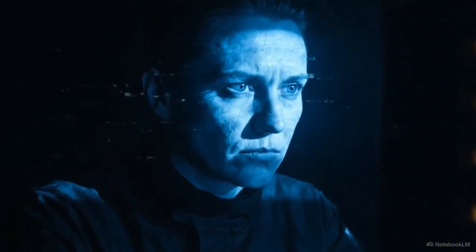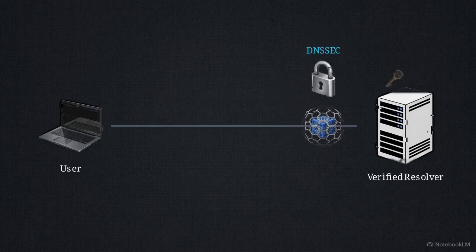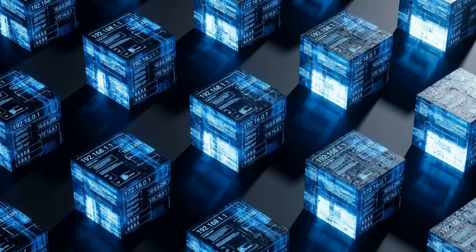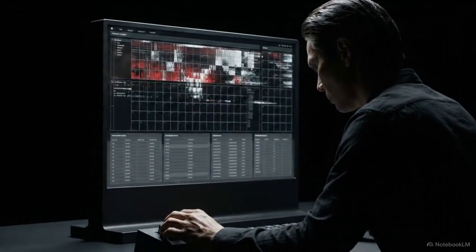Systemic changes are arriving. Protocols like DNS over HTTPS wrap queries in encryption, shielding metadata from anyone watching the connection. This works alongside DNSSEC, which validates the digital signature of the record itself, ensuring the IP address you receive is the one actually registered. As the internet moves toward a more secure address book, the responsibility still falls on the user to ensure their gateway to the web isn't leading